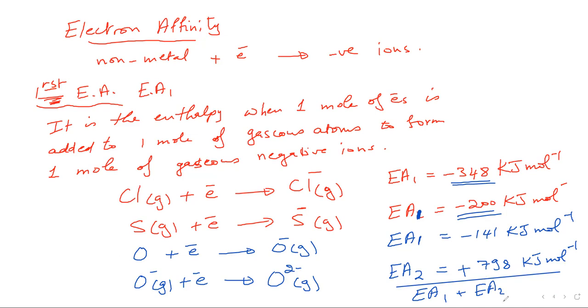So these are the three definitions that we have to know in order to know how to calculate the lattice energy of any ionic compound in the solid state. So we said that for calculations of lattice energy of a solid ionic compound,